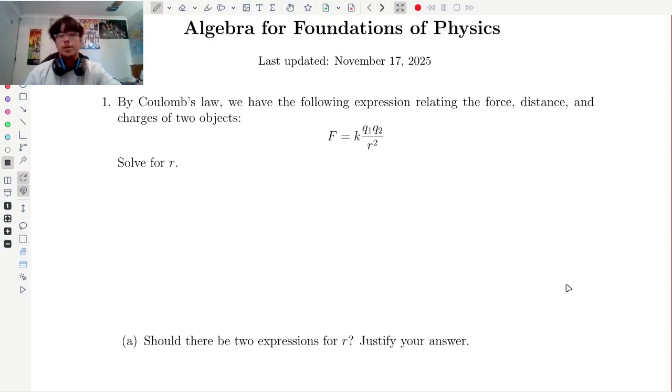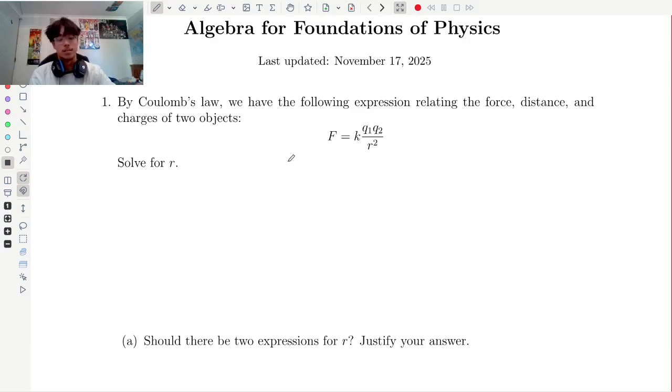So in this video, we are going to be doing some algebra required for foundations of physics. So we're just going to be rearranging equations and making sure that we know how to rearrange equations. It's very often we are given the task of finding the value of a variable in an equation that needs